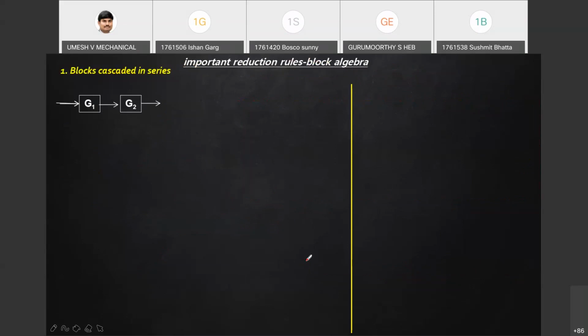Now, suppose you have two blocks coming in series. How to make it a single block? This is the entire exercise we carry out in this chapter. How to combine many blocks into one block. You cannot simply rub it out and write a single block. There are procedures. See the arrow mark: if they are in cascade, in the sense in series, you can write it as G1 G2.